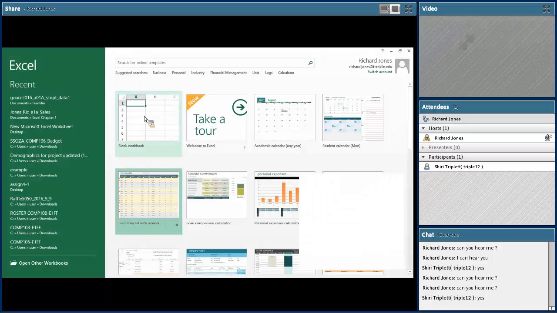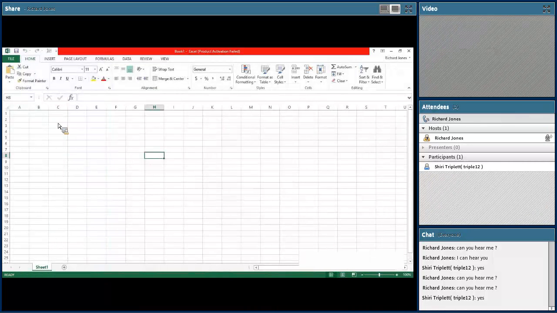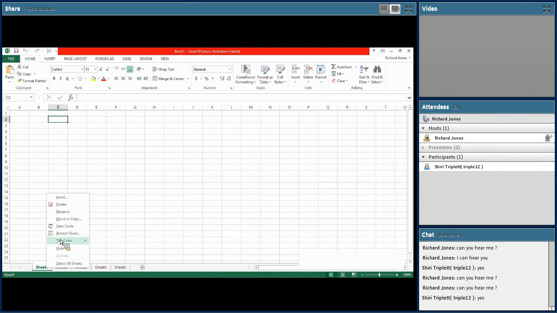So the first thing we need to do for this is open up a brand new blank Excel worksheet, okay? And we've done that. Now, we only have one sheet, but what we need is five. So we're going to add four more sheets,